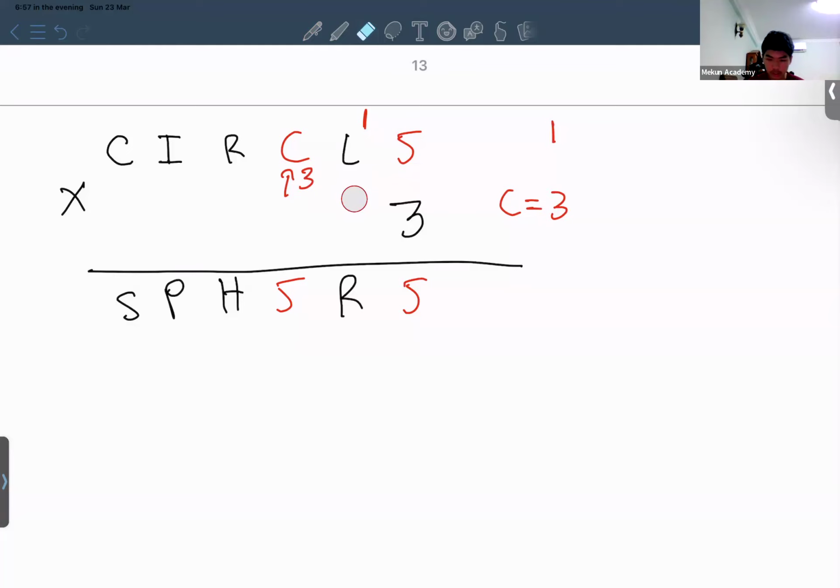So the carry should be 6 from this one, which is impossible because there's no one digit number multiplied by 3 to get a carry of 6. So it's impossible, so C cannot be 3. So what if C equals to 1? When C equals to 1